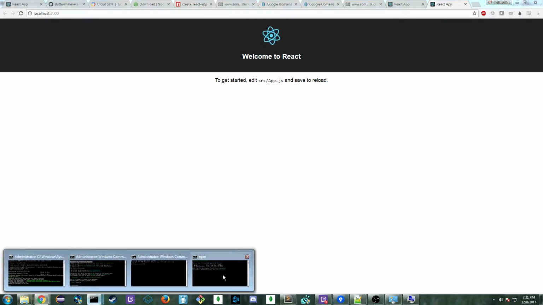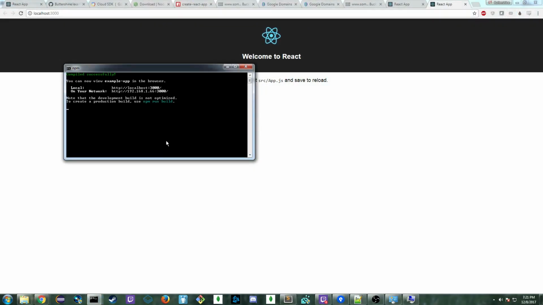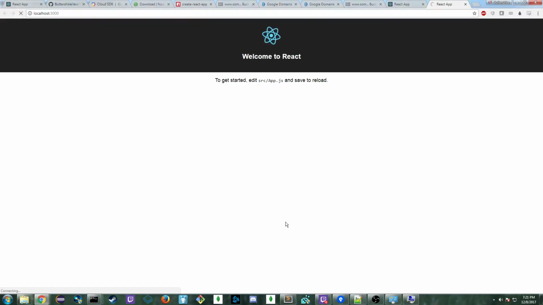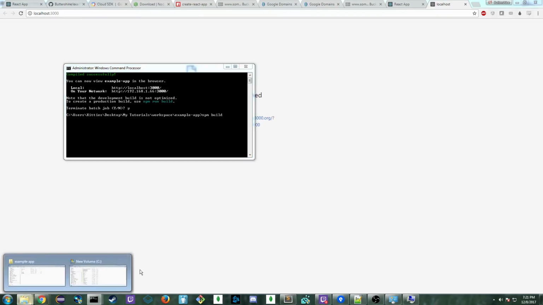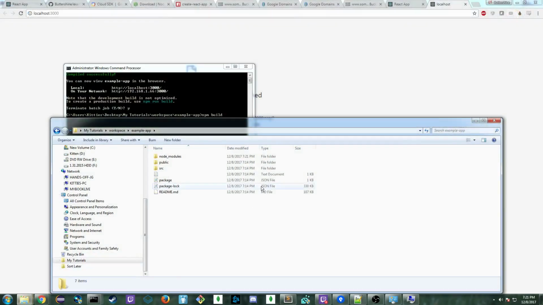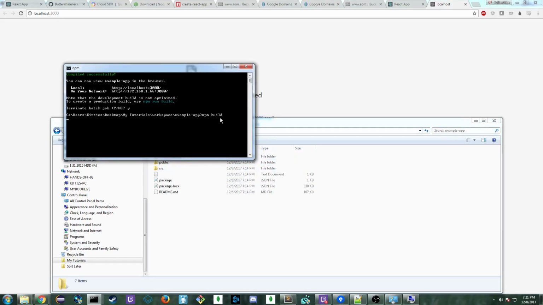So let's go ahead and build it. And you're going to press Control-C to kill your Node.js server. So if you refresh the page, it will die or not be there because that was serving. So if you want to start your app, just do npm start. And then what you want to do is an npm build. So if you look in your repo, wherever that is, you should see no build folder. But when you do npm run build,